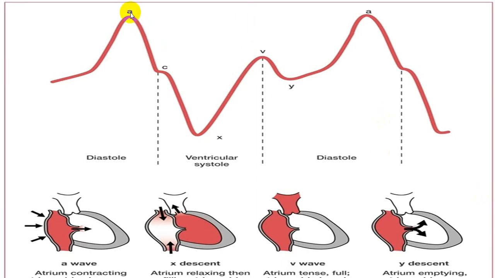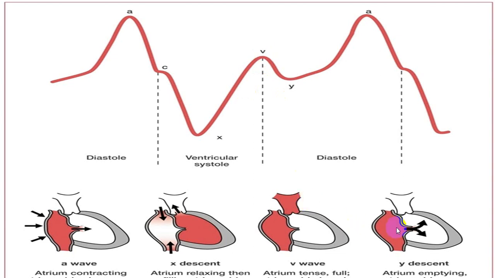So understand very well, the A wave is because of atrial systole. The V wave is because of the combination of the atrium filling up, building up the atrial pressure, and simultaneously a ventricular systole, which is also pushing the tricuspid valve towards the right atrium. So the pressure in the right atrium is increasing, and that will produce a V wave. And the X descent is because the atrium is in diastole, and that's why you get that X descent, followed by a V wave.